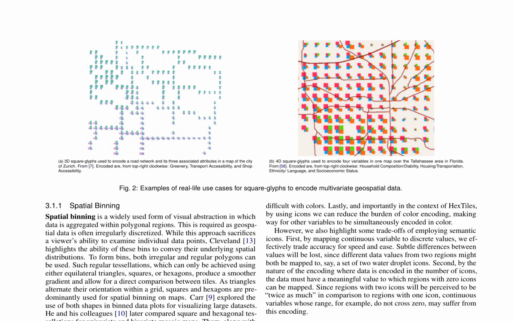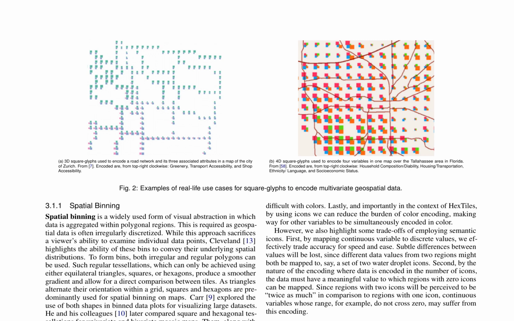Visualizing multivariate geospatial data poses significant challenges, particularly when conveying complex spatial distributions. Spatial binning, a technique that partitions data into discrete regions, offers a solution. However, the choice of tessellation shape significantly impacts the effectiveness of spatial binning. Hexagonal tessellations are preferred over square ones due to their ability to smoothly convey spatial distributions, minimizing artifacts and preserving